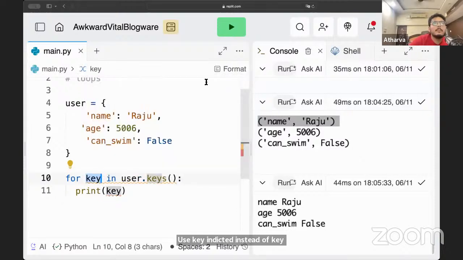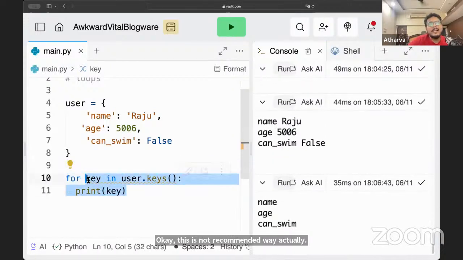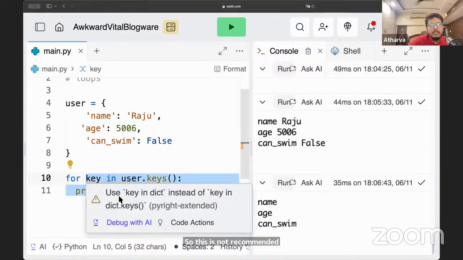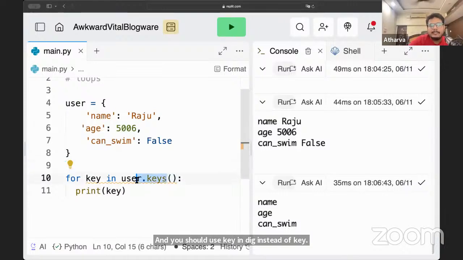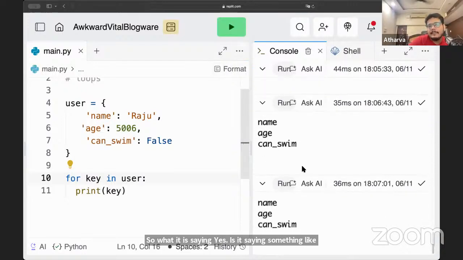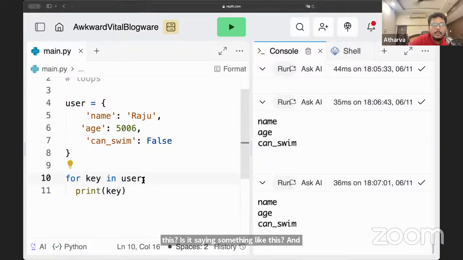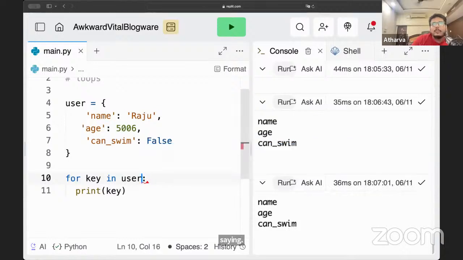Okay, this is not recommended way actually. That's what it is saying, that you should use key in dict instead of key in dict.keys. So you don't really need this explicit keys to get key out of it.